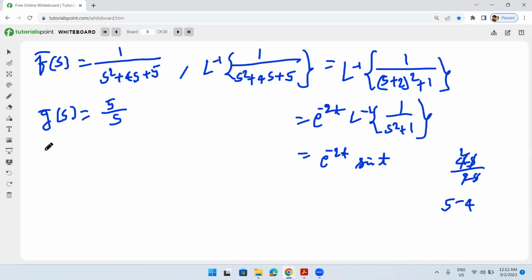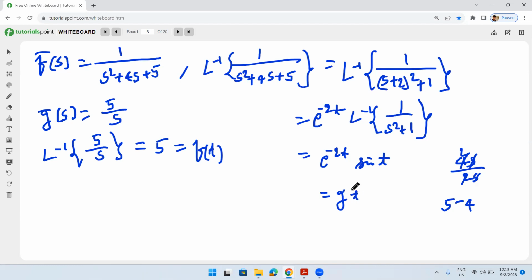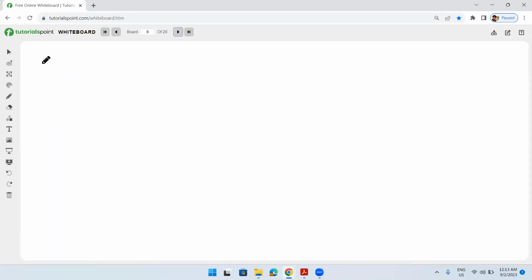Here, what is g of t? L inverse of 5 by s. What is L inverse of 5 by s? 5. L inverse of k by s is k. This is f of t and this is g of t. Sorry, this is reverse. This is g of t. This is f of t. Okay. Using convolution theorem,